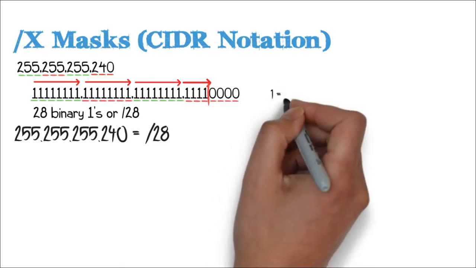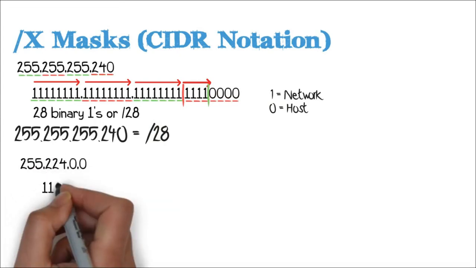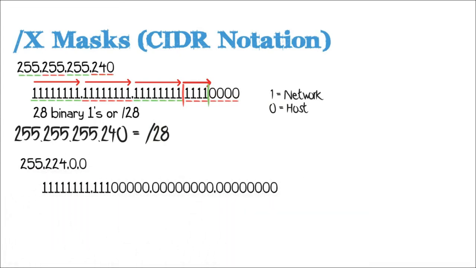Now remember, binary 1s indicate network and binary 0s indicate host in a network mask. So the boundary between network and host is no longer set on the octet boundary, it's been moved within an octet. Here's another example. In this example, we've got a subnet mask of